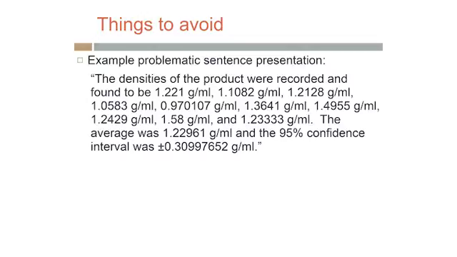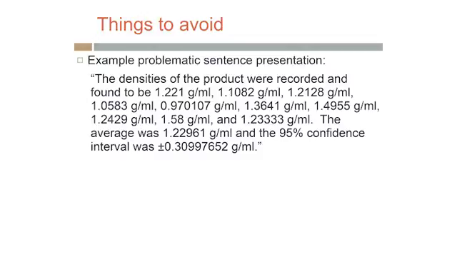1.1082 grams per milliliter, 1.2128 grams per milliliter, 1.0583 grams per milliliter, 0.970107 grams per milliliter, 1.3641 grams per milliliter, 1.4955 grams per milliliter, 1.2429 grams per milliliter, 1.58 grams per milliliter, and 1.23333 grams per milliliter. The average was 1.22961 grams per milliliter, and the 95% confidence interval was plus or minus